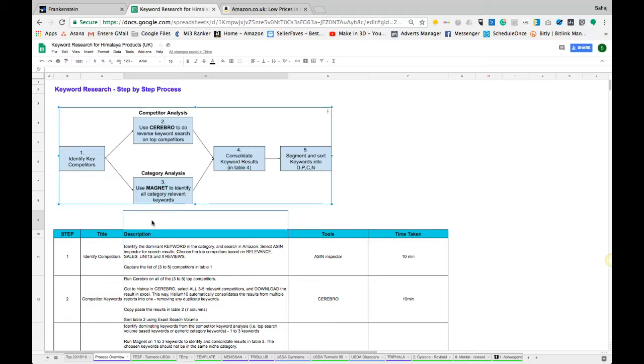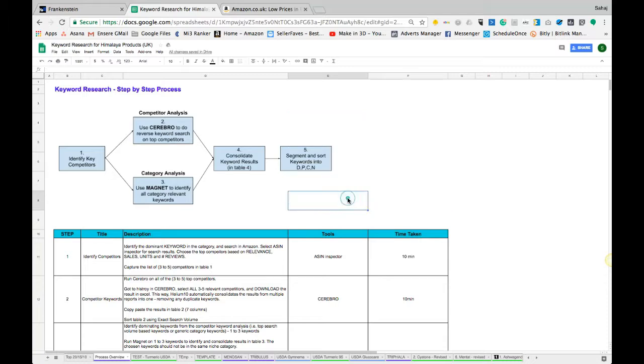So on some occasions we may decide to just go for Cerebro, and the reason I've gone through explaining all of them is just so you understand the context. Sometimes what I've seen is that if some competitors have really done their page optimization and targeting well, then about 95% of the keywords are captured by Cerebro. Now I know there might be some missing here and there, but especially for a product launch, that is already enough. Because